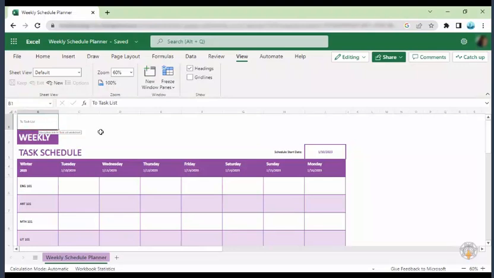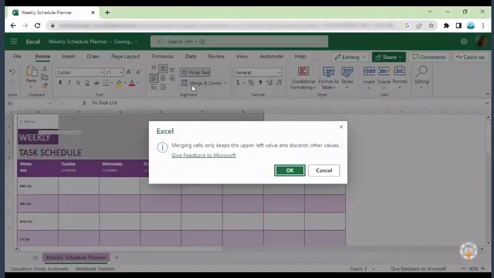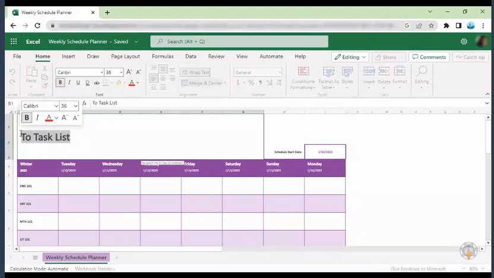Following this, choose cells B1 to G1, B2 to G2 and B3 to G3 and click on the Home tab. Click on Merge and Center and a dialog box appears. Click on OK and the selected cells change accordingly. Then, align the text to the left side, edit the font size and embolden the title text. After this, select the title text and replace the same with Weekly Task Schedule.